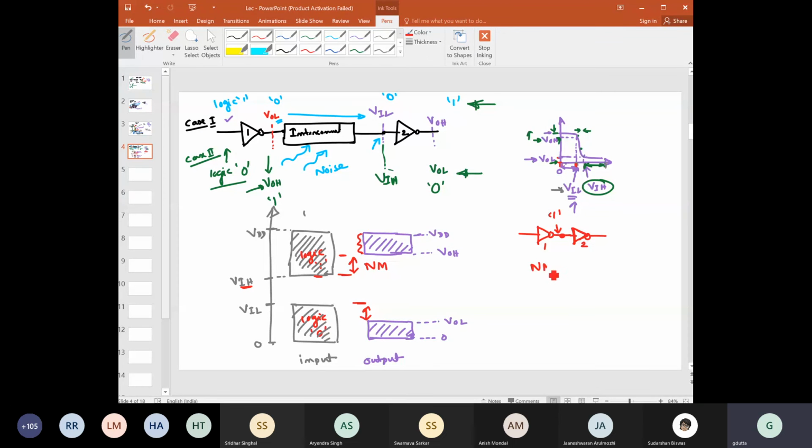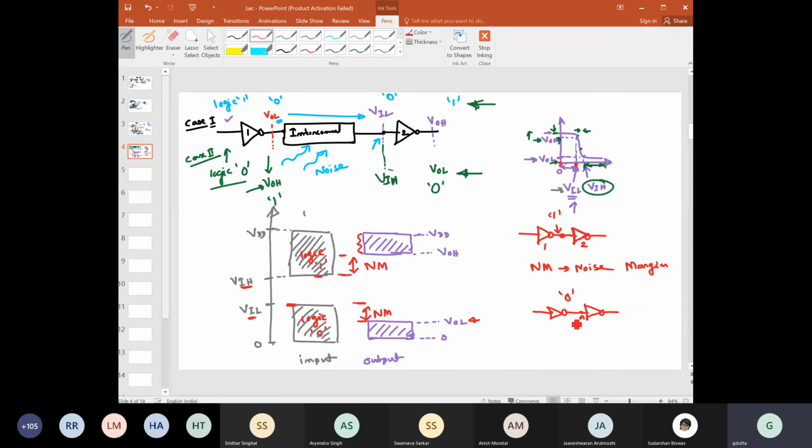Denoted by NM. So this is also a noise margin. This is for the lower case, because consider the other scenario. If the output here is logic 0, then anything is possible in this range. But the maximum value possible is this one, and the maximum value at the input of this inverter which can still be treated as logic 0 is VIL, which is this.